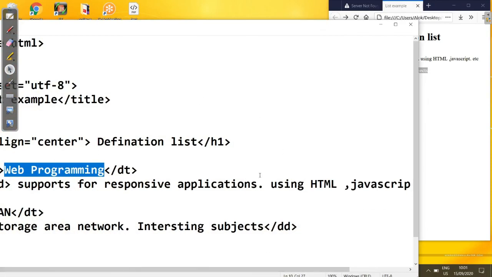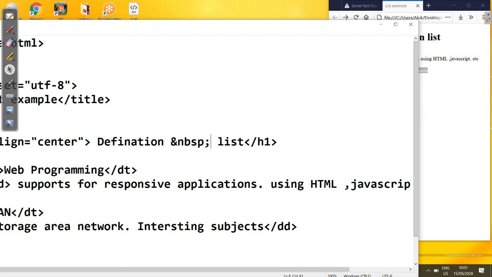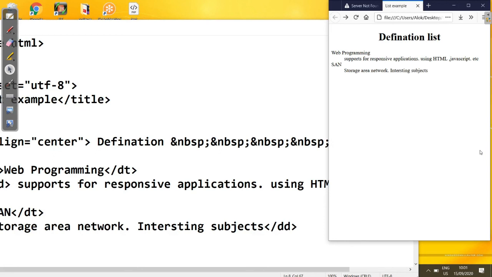The same example only, we'll see whether this concept is working or not. Take the example of the definition list. I'm writing here definition list. Between Definition and list, you see a single gap is there. I want a gap of 5 or 6 spaces, so I put NBSP several times instead of a single space, 3, 4, 5, Control S, refresh here, see, the space has increased now. Got it? So this is for the NBSP.